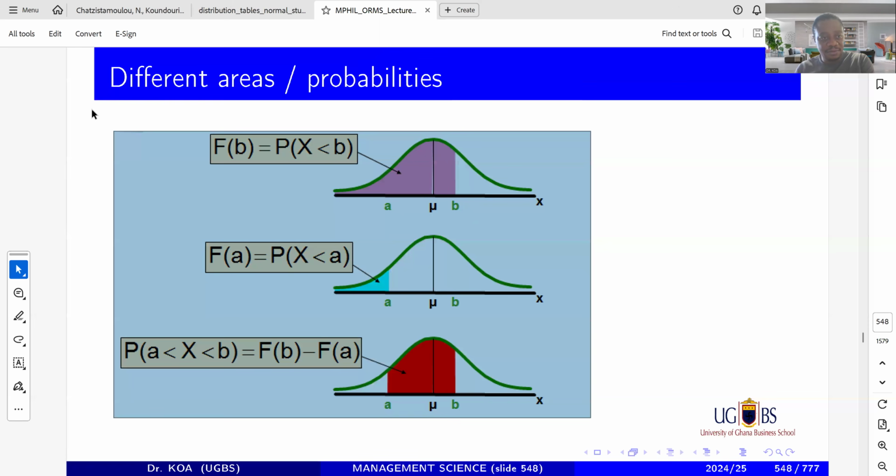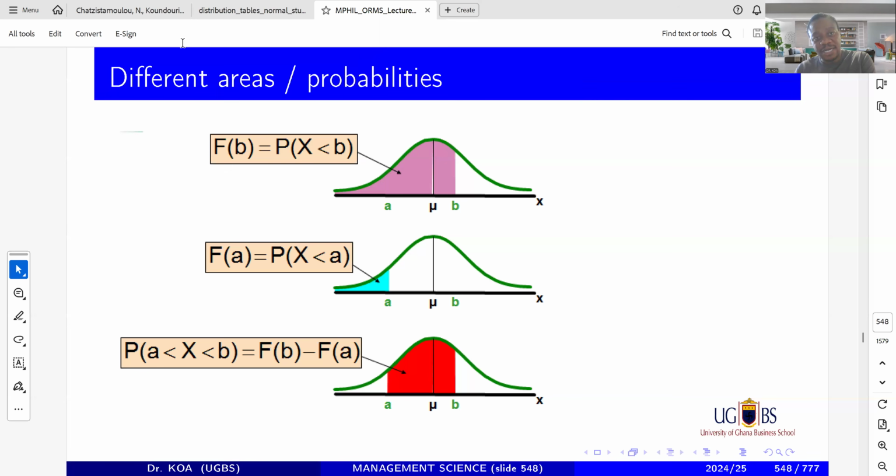And please note something, write it down. If you write it down, you will understand what we're about to do. Anytime you want to measure an area, you start from the center and move to the right. Anytime you want to find an area, you start from the center and move to the left. So the movement is from the center, then you go right, or from the center, then you go left. Keep that in mind. And so if I want to know this area, I already know that the left section here is 0.5. I just need to move right from the center and find this one. And this finding will be direct, because you are getting the answer from the center to where you are going.